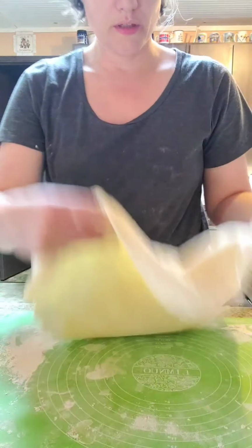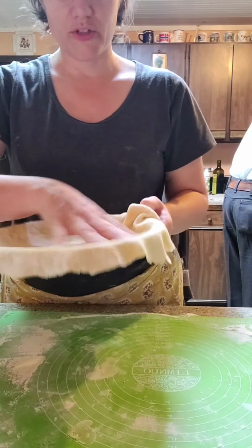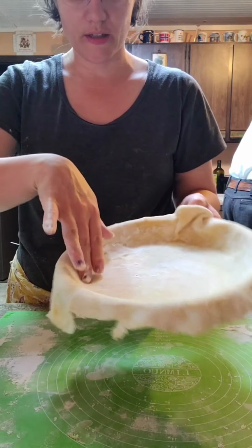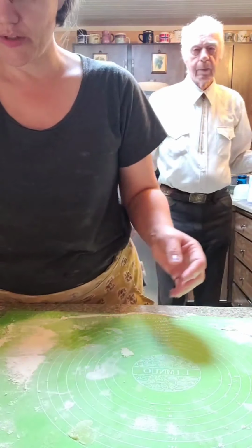Putting this in my pan now. Around. So I just kind of cinch that into the sides like that. And my cherries are